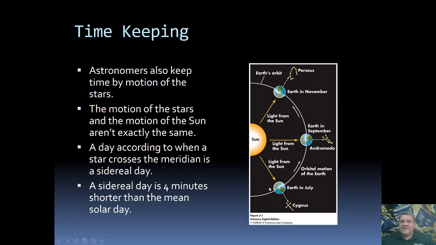However, as we define a solar day, as the Earth is rotating, it also moves compared to the sun. So to get the sun back to the same position in the sky, back onto the meridian, the Earth now has to rotate a little bit extra. It's because as we rotate, we also orbit around the sun. This extra amount of rotation is what leads to that 4 extra minutes. So because of that, the solar day is slightly longer.